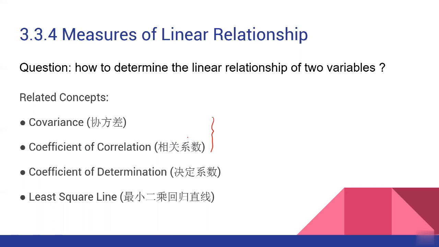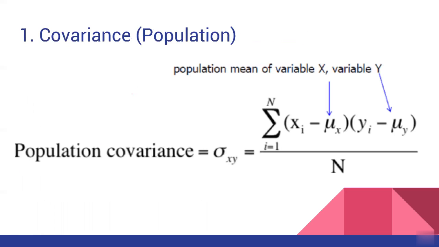Okay, first, let's have a look at covariance. Again, covariance is very similar to variance. The difference is that variance is to measure the dispersion of one variable, and covariance is to measure the relationship between two variables. So similar to variance, the formulas for population and sample are different. So first, let's have a look at the formula